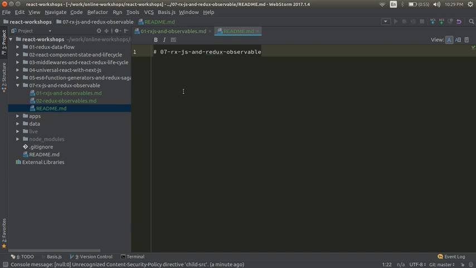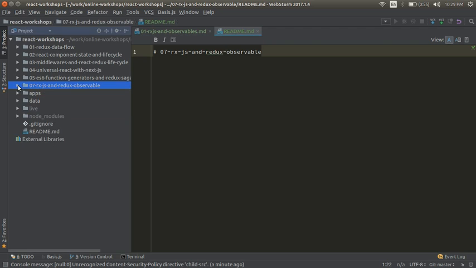It's not for me to teach you everything about RxJS in this session. The purpose of this session is to let you know what it means when we say RxJS Observables. And after learning some basics of RxJS Observables, we are going to set up redux-observable, which